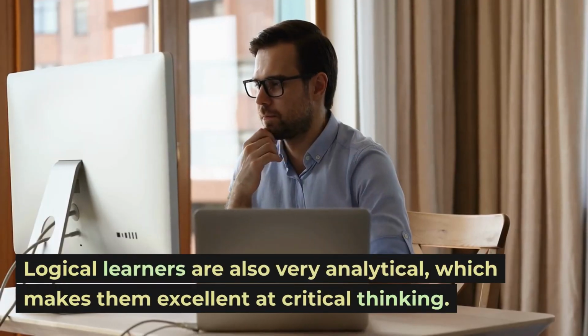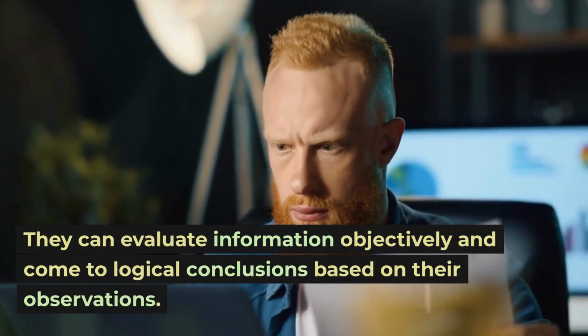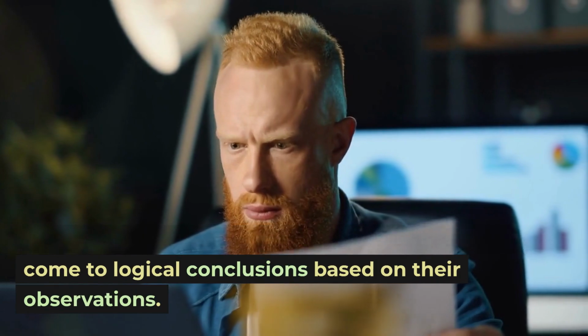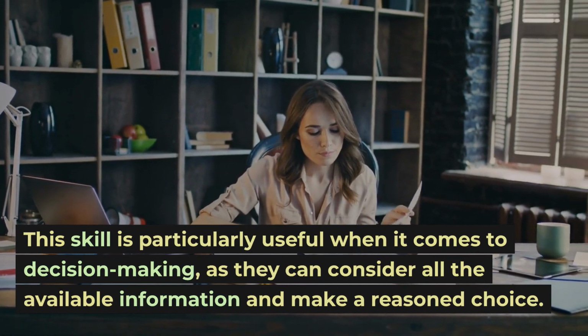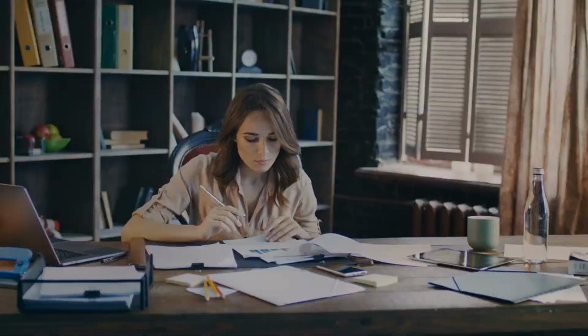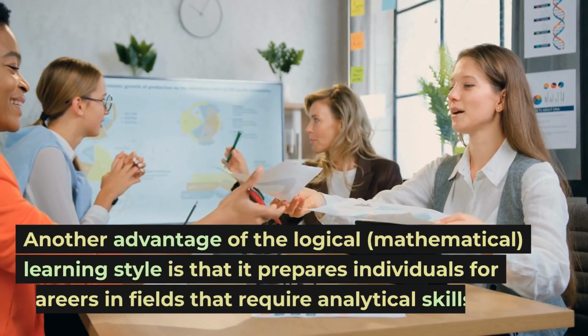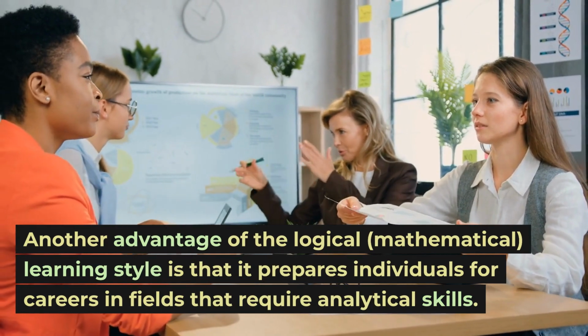Logical learners are also very analytical, which makes them excellent at critical thinking. They can evaluate information objectively and come to logical conclusions based on their observations. This skill is particularly useful when it comes to decision-making, as they can consider all the available information and make a reasoned choice. Another advantage of the logical, mathematical learning style is that it prepares individuals for careers in fields